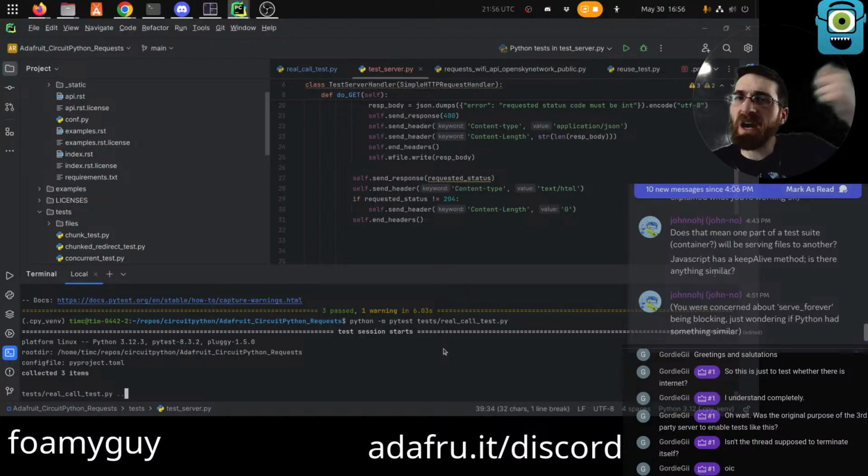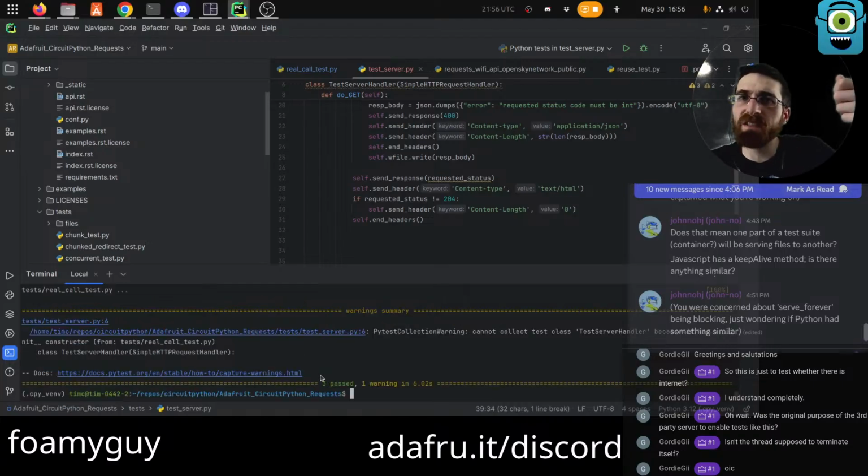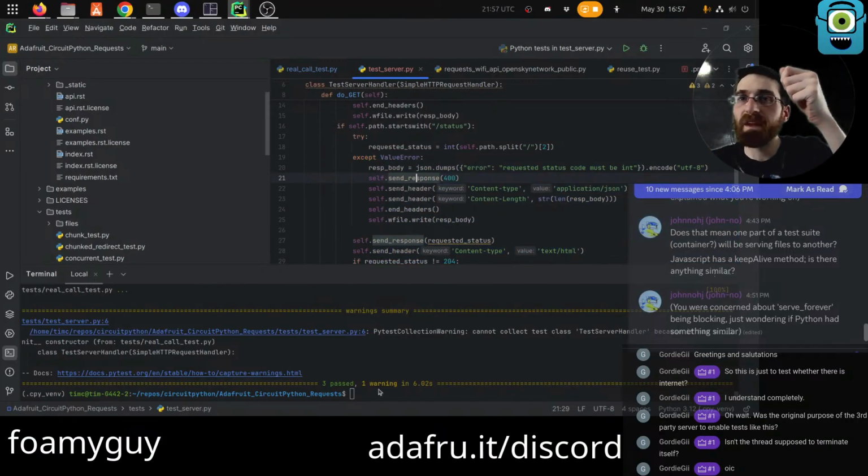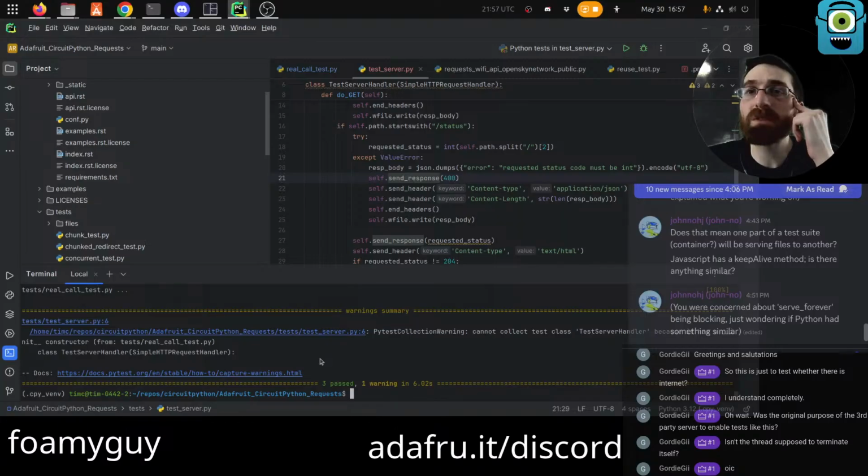I think it's like behind. I think when I run PyTest, it's not seeing the file that I'm seeing here. Like if I just made a change and saved it, I think when I run it, it doesn't see that. So I made a fix, I saved it, I ran it. I think it ran against the old code. That's my suspicion.